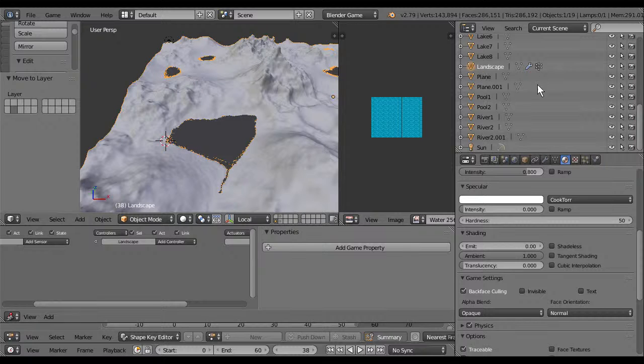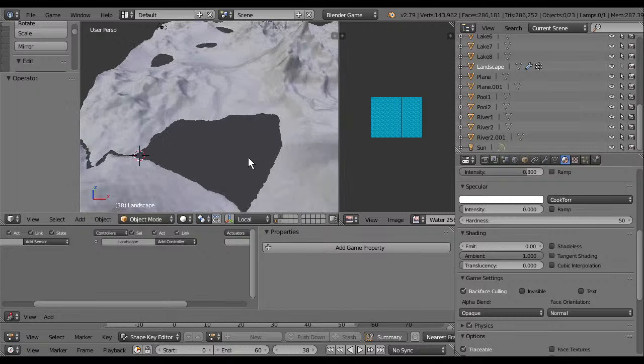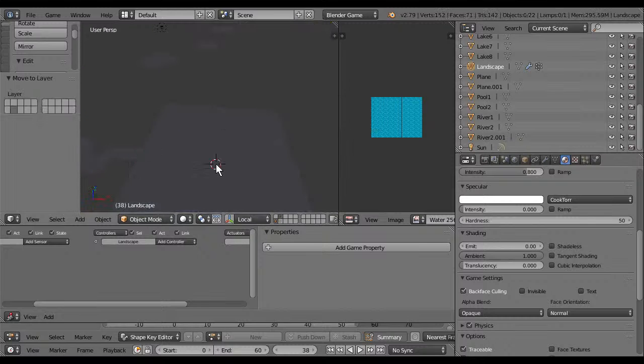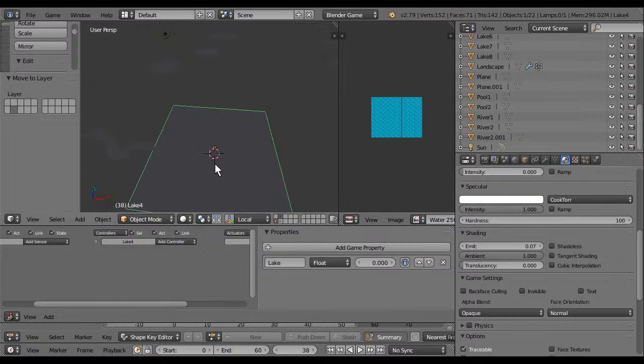I can't select this one. Wait. There it goes, and doesn't need for river. It's a very shallow river.